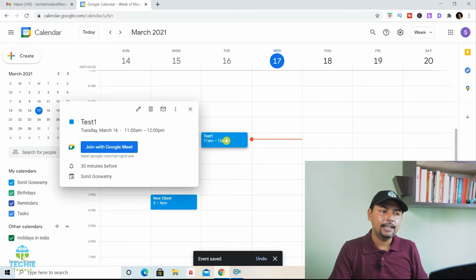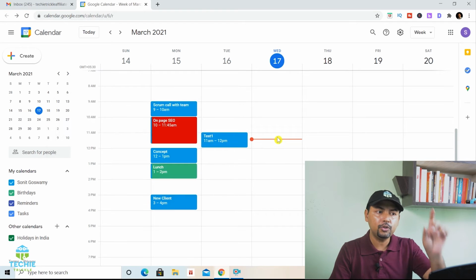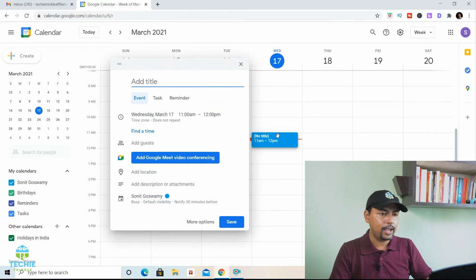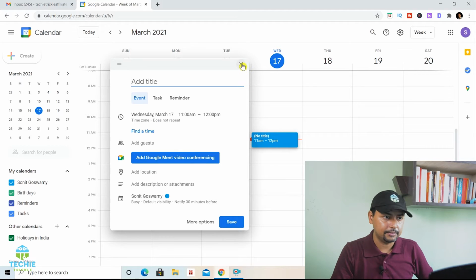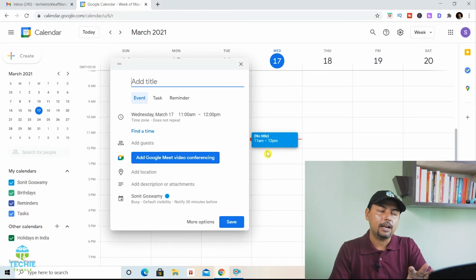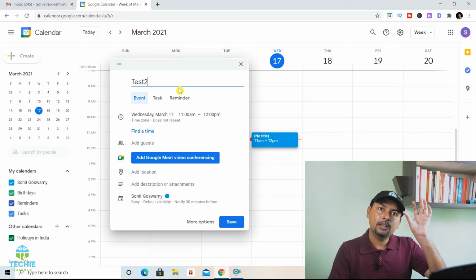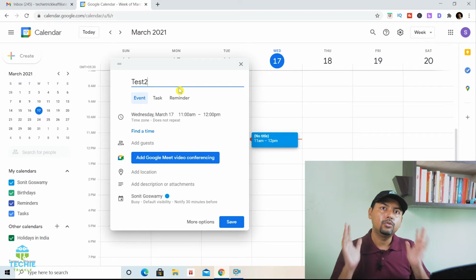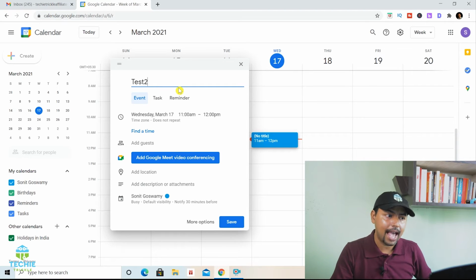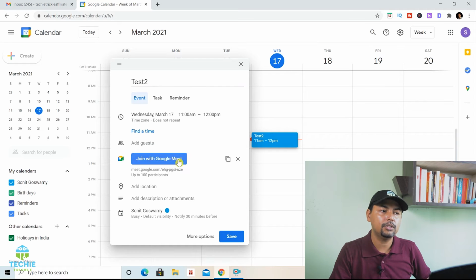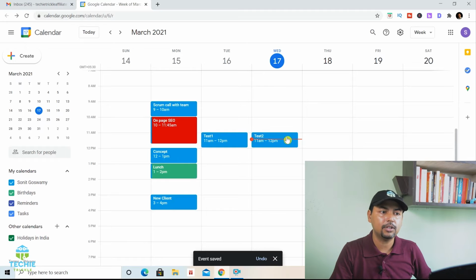Now just click this option, press Control C, and then come to Wednesday, and on Wednesday what you do is you press Control V. The same thing comes up. Okay, and here you can give just the title of your Google Meet session that you would want to have. Again you just need to have a Google Meet there and you save it. So this becomes your test 2.